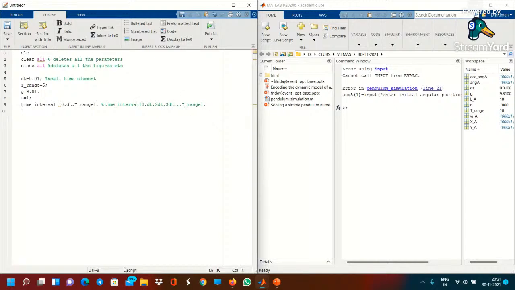So now we need to proceed to the next step, which is first declaring our angle values, our angular speed values, and our angular acceleration values. Okay, so theta, let's say